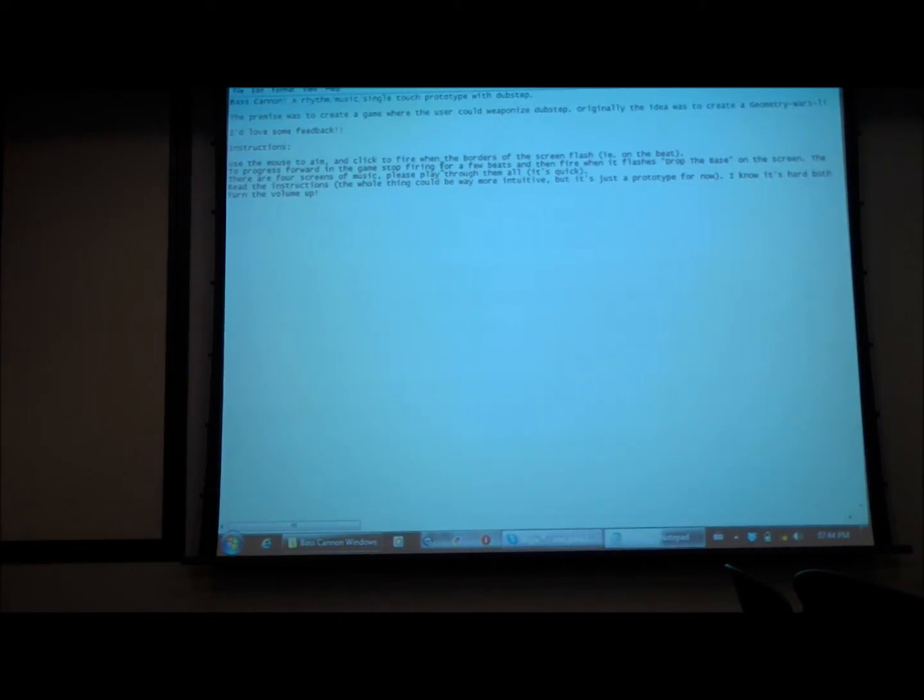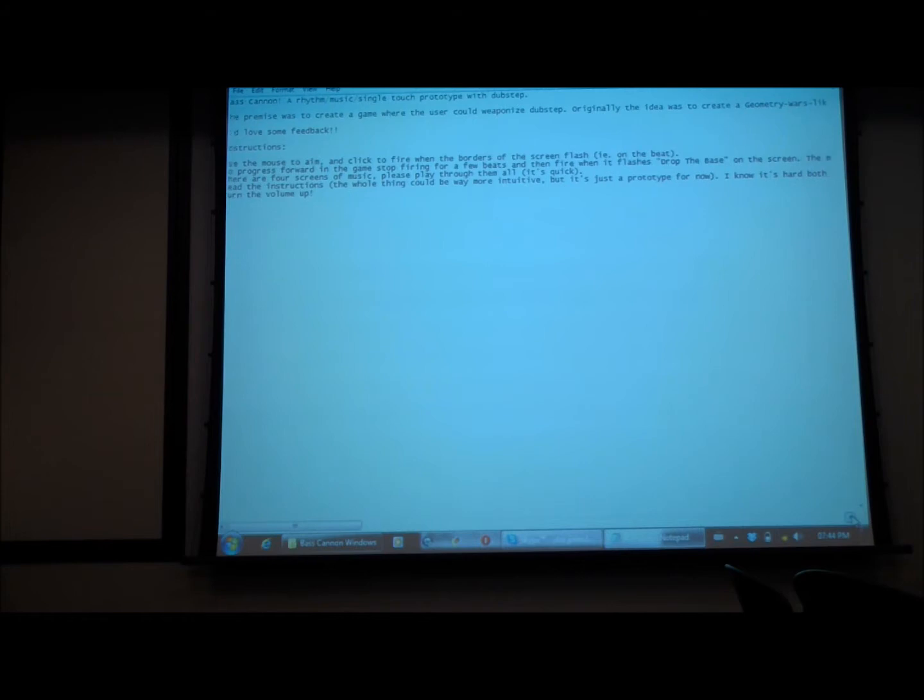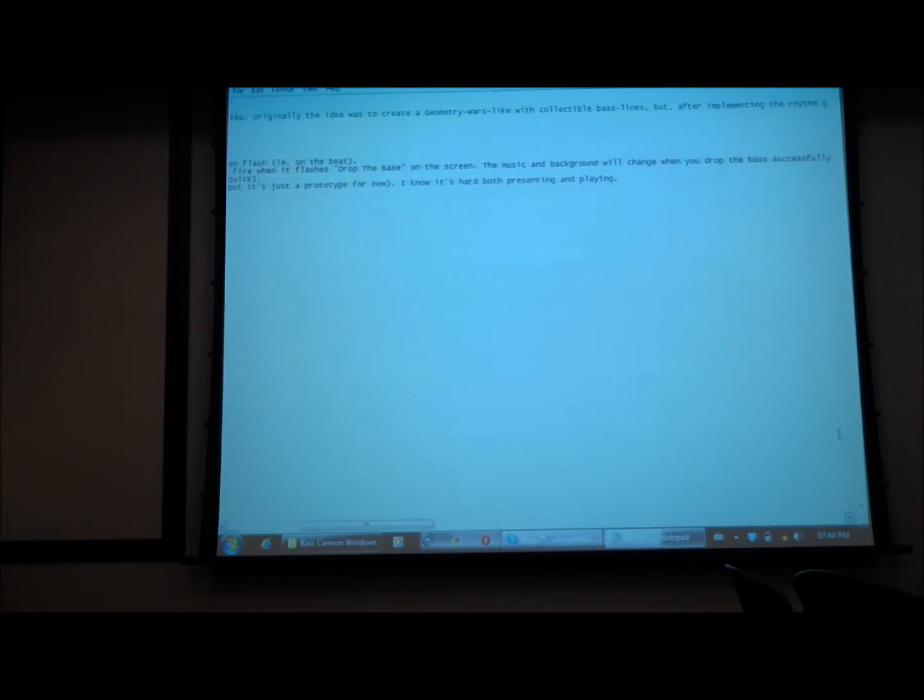So this is the write-up he gave me. It's called Bass Cannon, a rhythm music single-touch prototype with dubstep. The premise was to create a game where the user could weaponize dubstep. Originally, the idea was to create geometry walls like collectible bass lines. But after implementing the rhythm game element, avatar movement turned out to be a weirdly unnecessary, collectible customizable bass lines and possible partnerships with actual competent